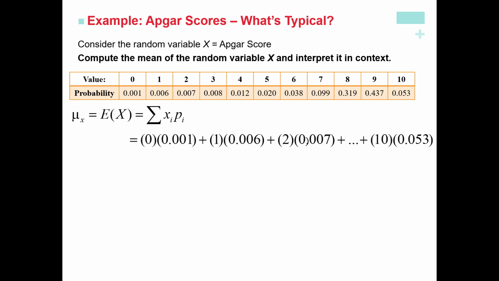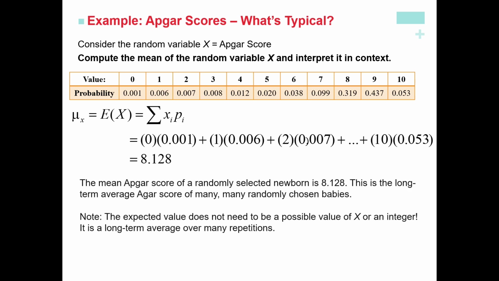So what we do here, and this is just to get you started, is we multiply 0 by 0.001, plus 1 times 0.006, plus 2 times 0.007. We add all of them up until 10 times 0.053. So you want to do the ones for 3, 4, 5, 6, 7, 8, and 9 as well. When you add those up, you get